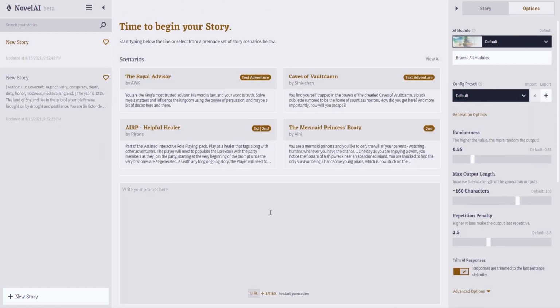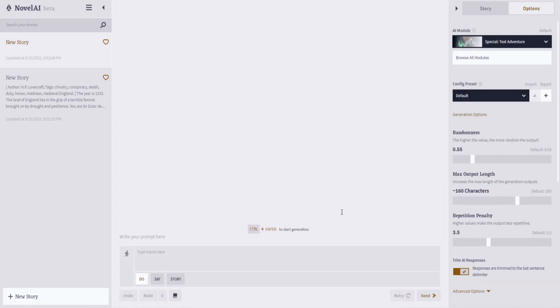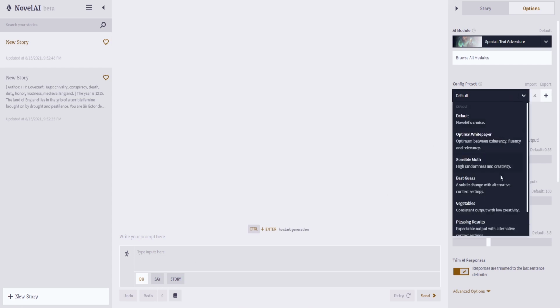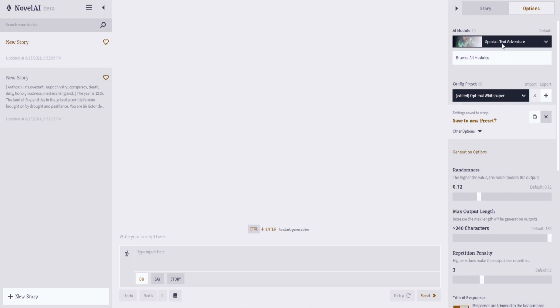Okay. This time, I want text adventure. Okay? Oh, much better. Look, it's even got a do say. Okay, very nice. Let's try optimal white paper as well. I like that. We're gonna increase the length. And text adventure, but now we need a story. We need to write the prompt. Oh no, wait, we write the prompt here. Okay. So,